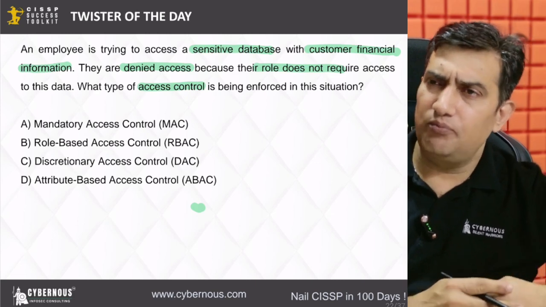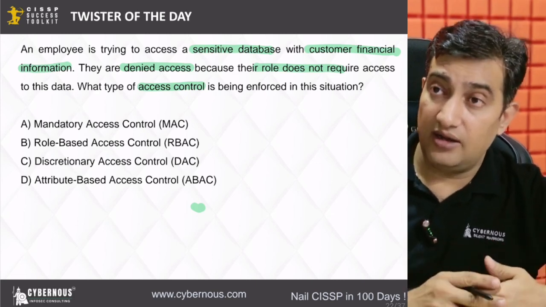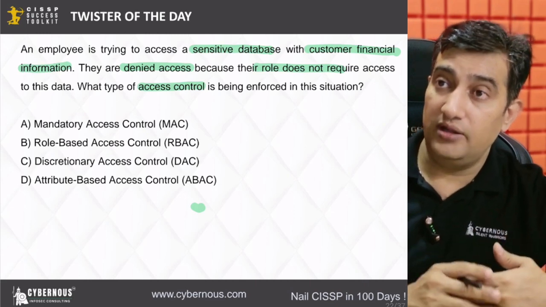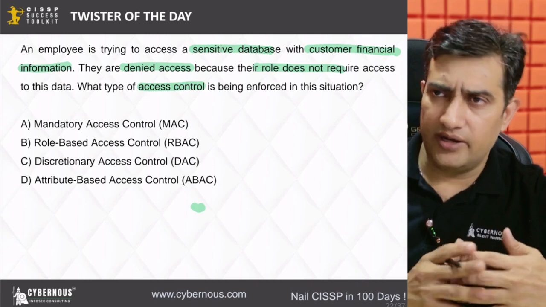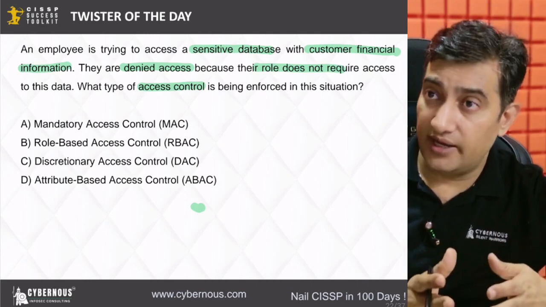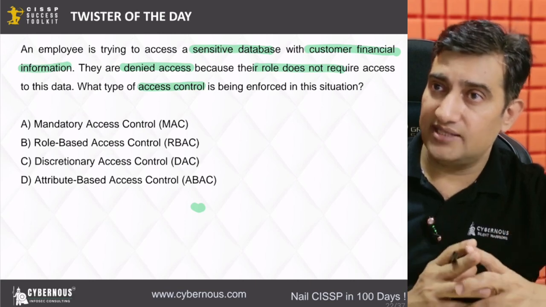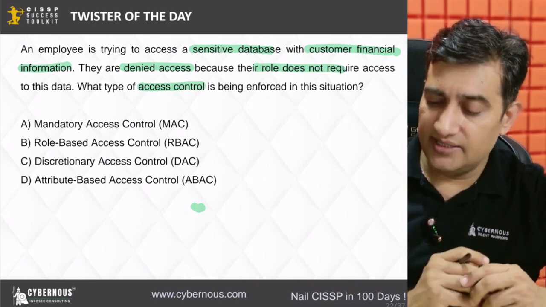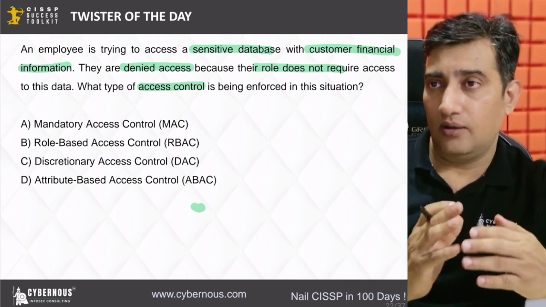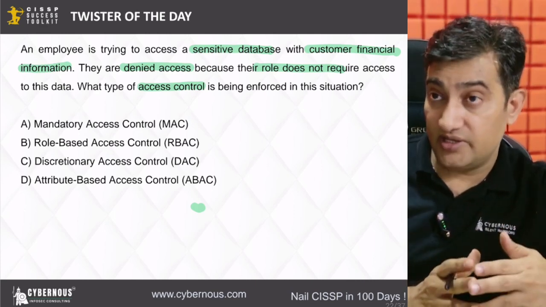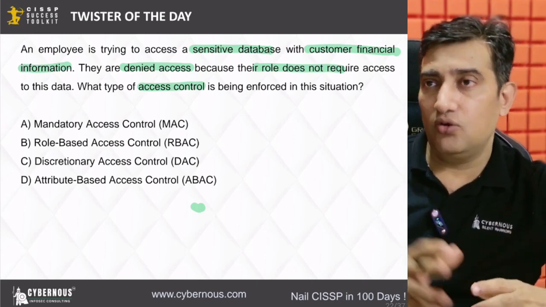It's very important for any company to identify the right level of access control model they are going to implement based on what kind of architecture they have and all of that. So let's take them one by one and we will try to explain. The first one is mandatory access control. In mandatory access control, the users or the subjects are given the clearance levels, and the objects will have